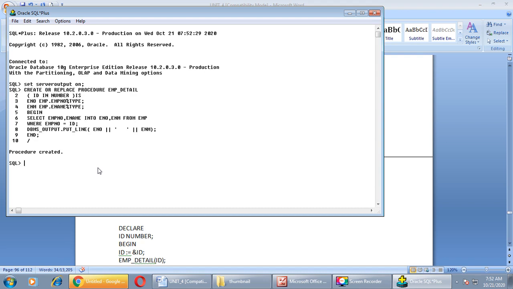This is our procedure, and we got the message procedure created. See, this is the actual implementation of a procedure. Okay, this is how you can use this procedure for getting some information from the tables which are stored in your Oracle database, right? So in this way you can do it.